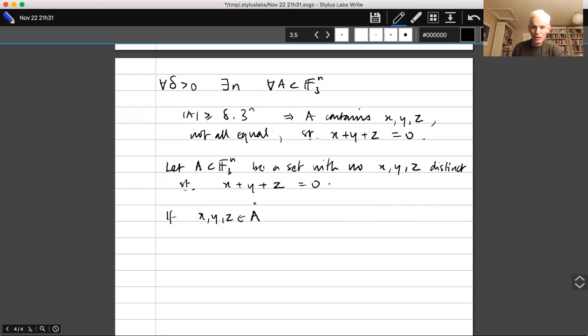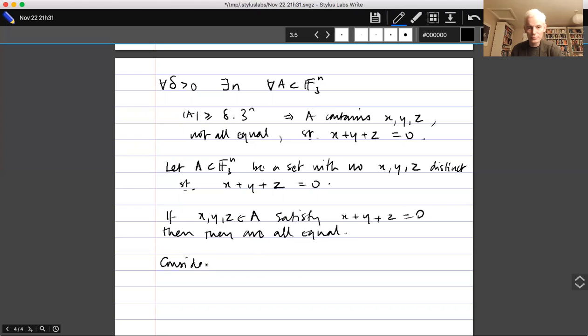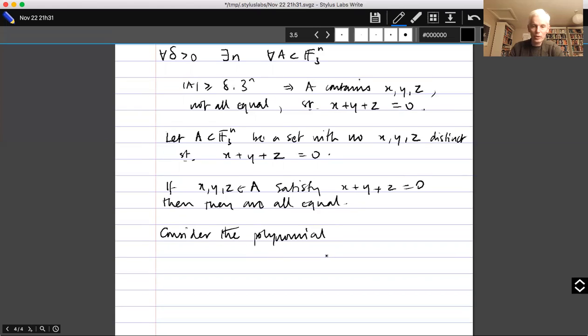So if they satisfy x plus y plus z equals 0, then they are all equal. And that's something that we can exploit by defining a polynomial. So we'll consider the following polynomial in x, y, and z. I'll write it as f(x, y, z)